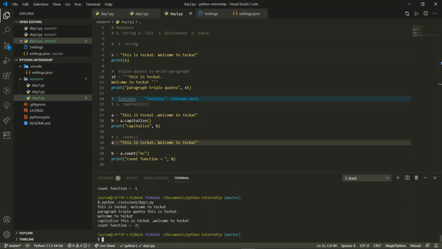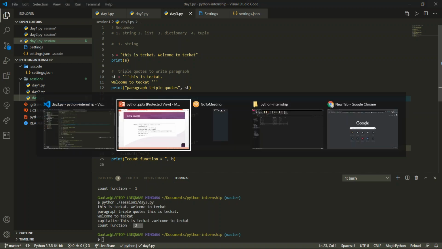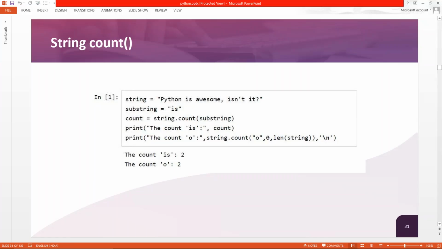So it's telling you 2. You can see it's giving you 2. So where is 2? This is 1 EC and this is 1 EC. And in VS Code, if you just highlight the word, if you select it, you can see over here how many times it is there. On this particular string, it is given 2 times. You can see the highlights. Okay, this is what VS Code shows over here. So this is the counting function to count how many times it is there.